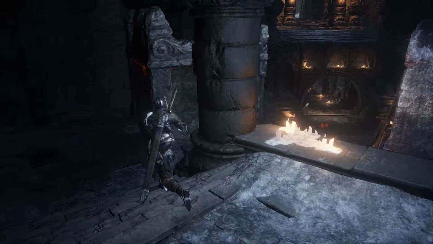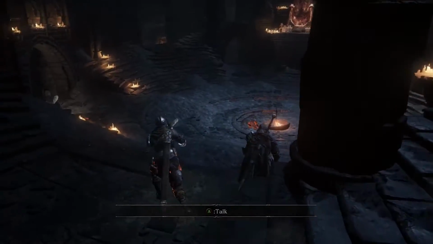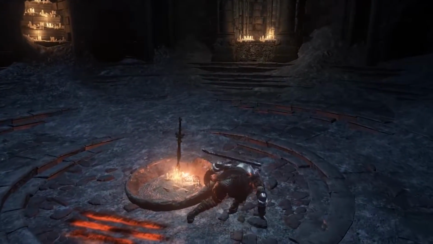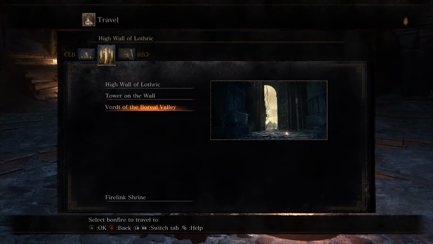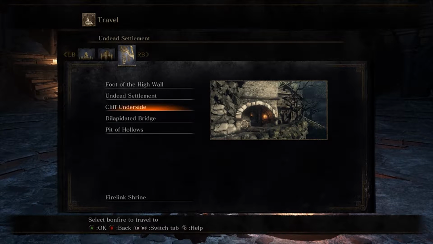Okay, so he doesn't give you anything else. So the Rosaria's Fingers Covenant, that's the invasion covenant. It's different for every game. This just happens to be this one. We'll talk a little bit more about them once we enter the actual Cathedral of the Deep and try to find Rosaria herself. We are actually going to head back to the Undead Settlement,